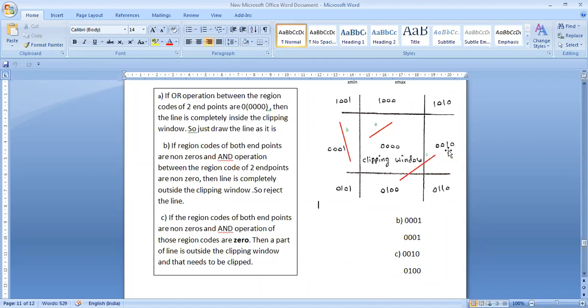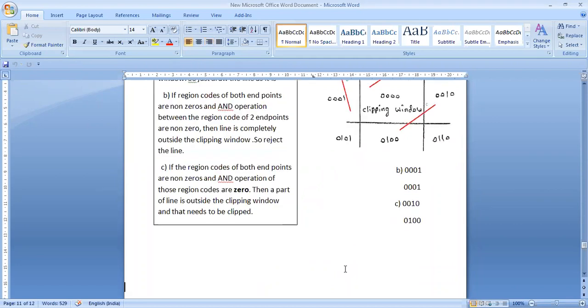Okay, now once we come to a line which is partially inside and partially outside the clipping window, then I need to do the next procedure for this, where I need to clip the outside regions. This region and this region we need to clip. Let us see the next part of this, how to clip those extra, outgoing regions.